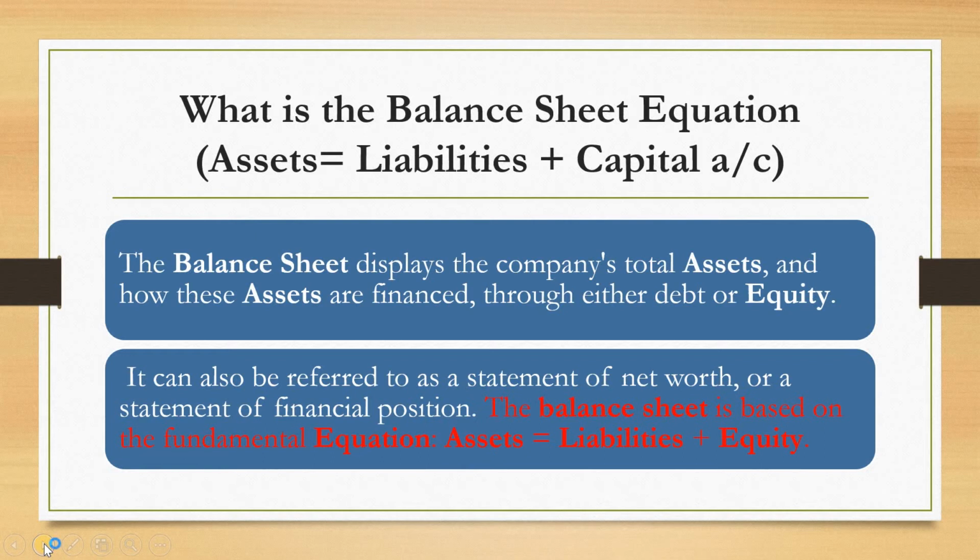Okay friends, I would also like to tell you that the liability side is known as the sources of fund. So how you have acquired your funds into your business. For running the business successfully, you require funds, and what is the source of that particular fund? Whether you have acquired it through an OD account, or through loans like secured, unsecured, or you have made purchases but the payment has not been made to the party, and that will form part of your current liabilities, sundry creditors. So the liability side is nothing but sources of fund.